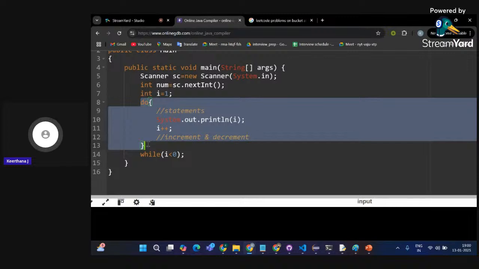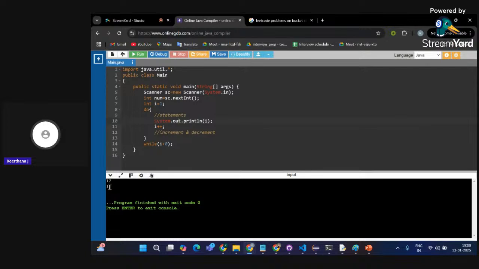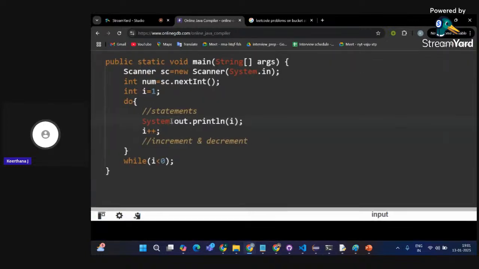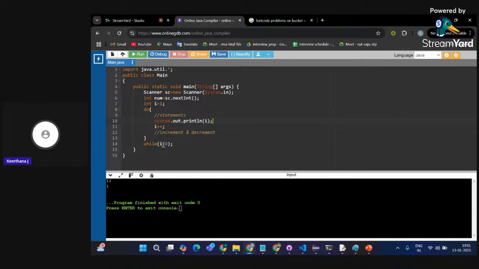It is not checking if 1 is less than 0. Without checking, for the very first time it is printing the I value. So that's why we are getting 1 as the output here. When this is getting checked, 1 is less than 0 fails, so that's why the loop terminates.